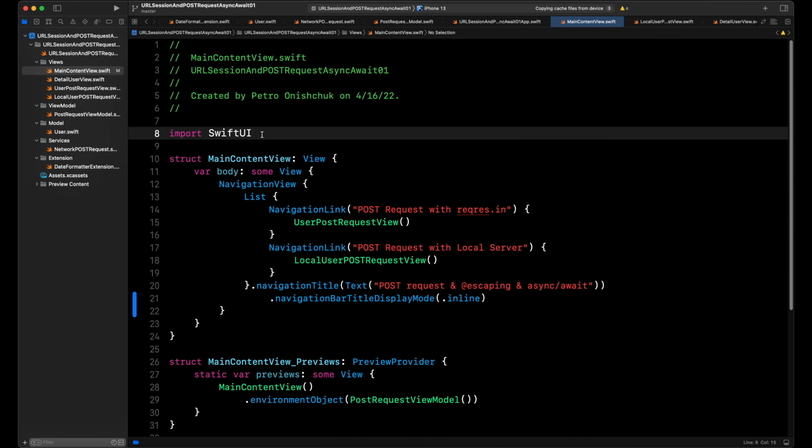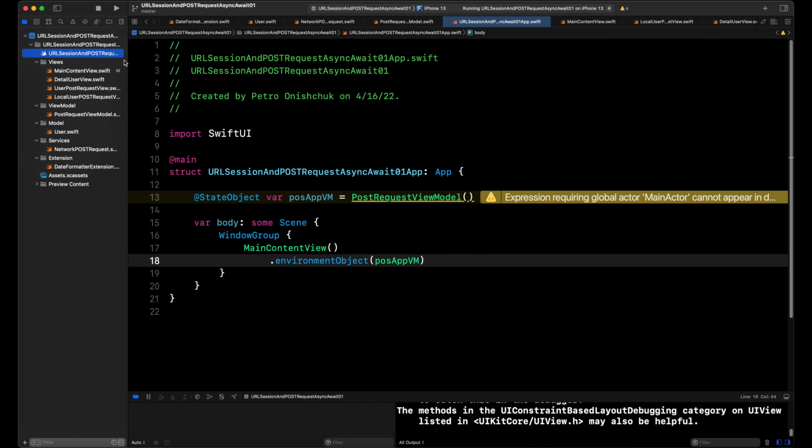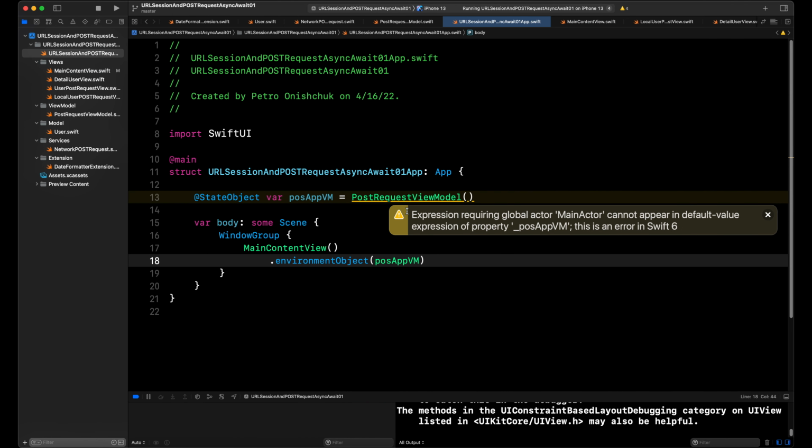And in the end, when I run the simulator, I have an error. I have this error because I made our view model a main actor. And now I change this by deleting the main actor from the whole view model and setting main actor on each method that will run asynchronously and in the end must return to the main thread. For example,